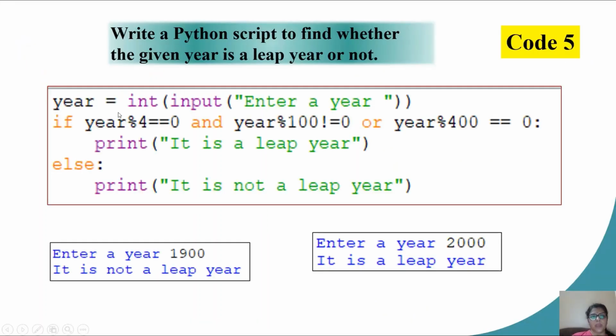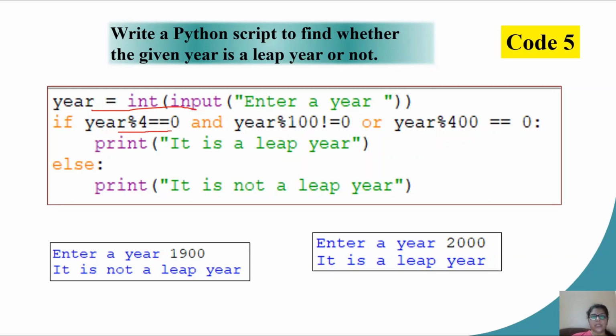In the next program, I want to find if the year entered by the user is a leap year or not. So here, children, my first statement is the input for year. As the value will be numeric, I am taking it to be an integer. Now, I know that the years which are divisible by 4 are considered leap years.